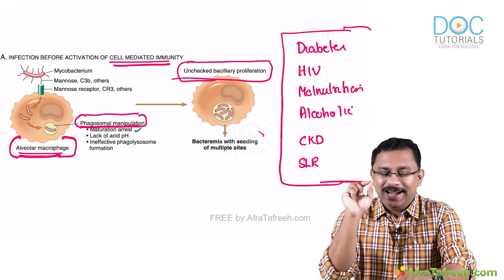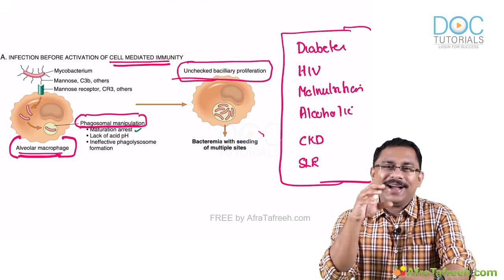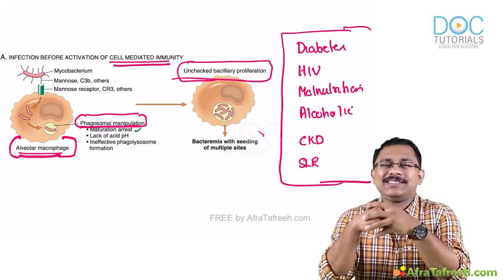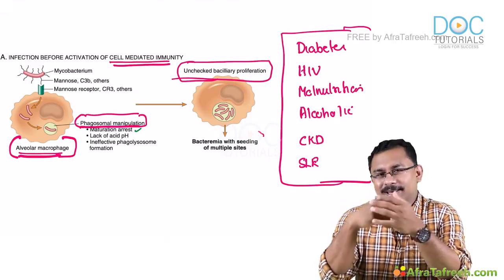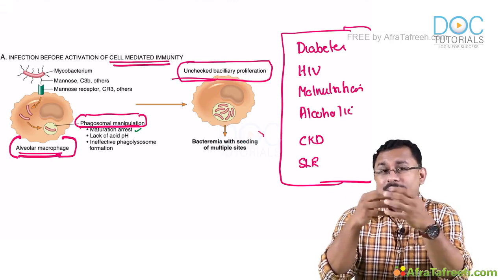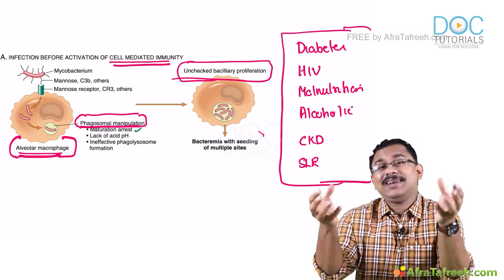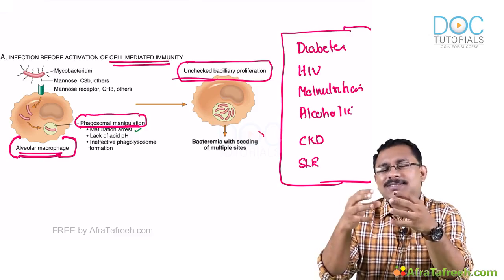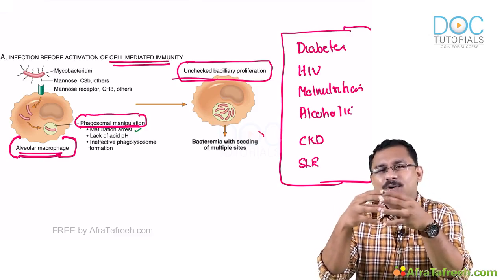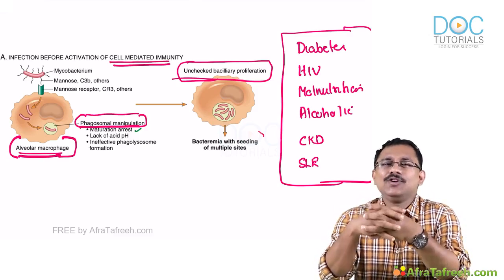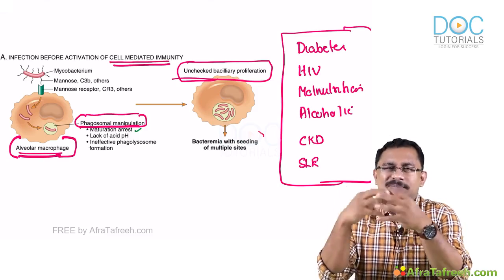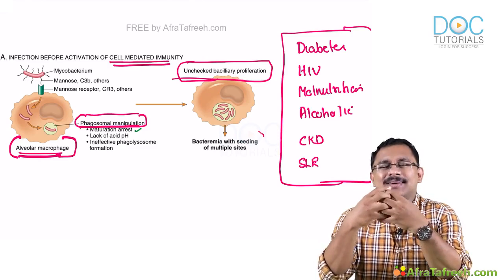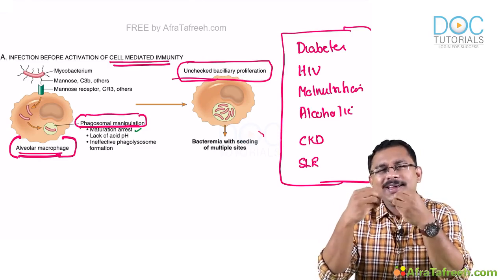See the irony here, the macrophage is the major cell that is your line of defense against the bacteria. So here the bacteria is proliferating inside the macrophages just because it is not able to form the phagolysosome and kill the tubercle bacillus. So subsequently you will have lots of bacilli inside the macrophage, and